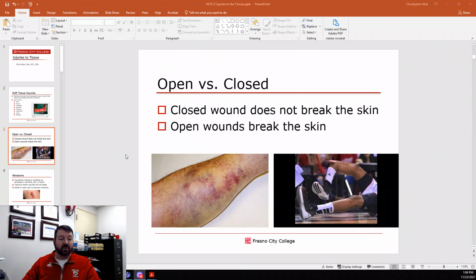So, an open versus closed wound. A closed wound is pretty much where the skin is not punctured in any way. Versus an open wound, like this compound fracture here, where the skin has been broken. That's very, very important because open wounds really increase the risk for infection. It's a really big thing. Versus closed wounds, everything's really kind of